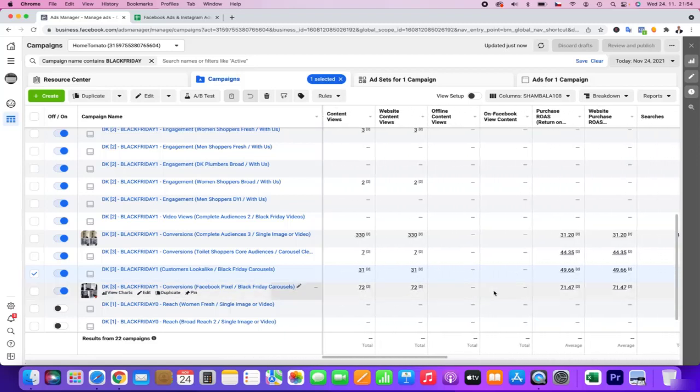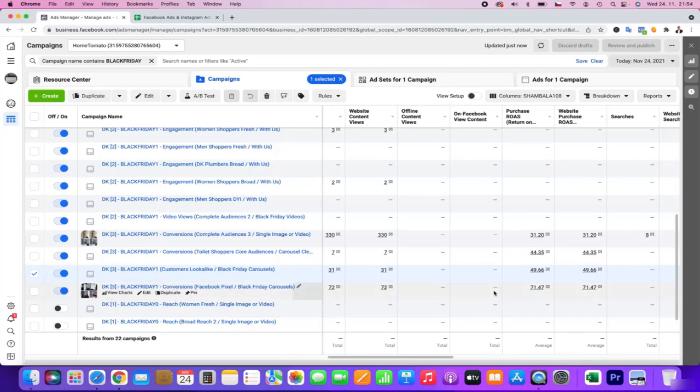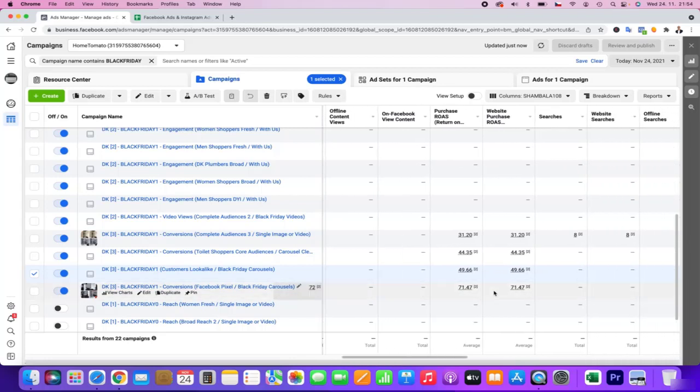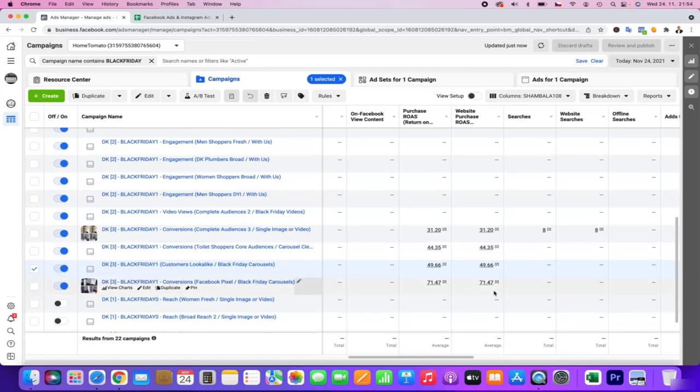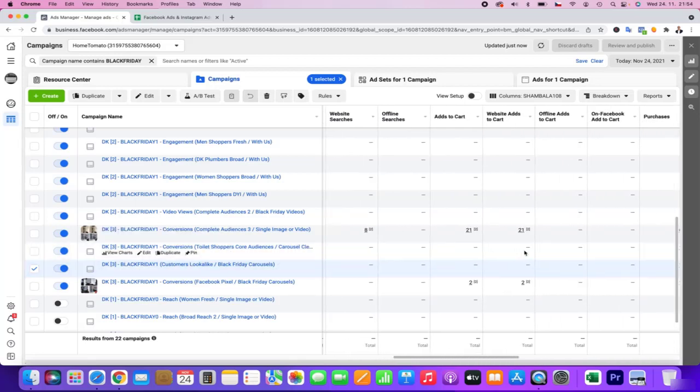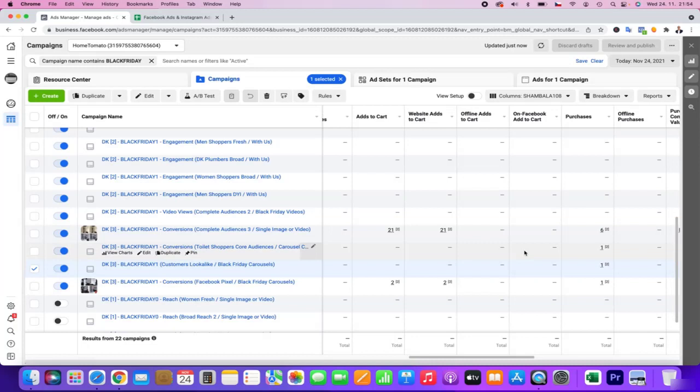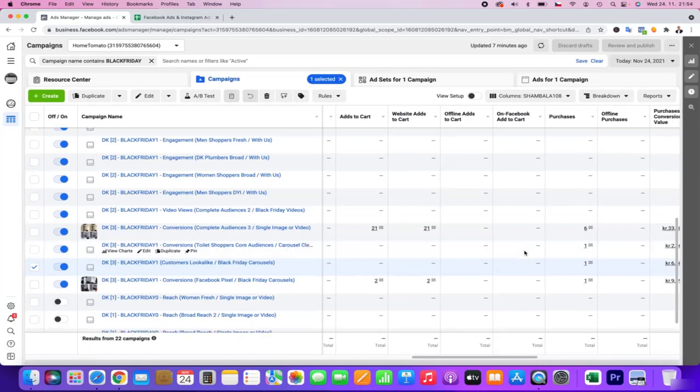There is a lot of content view, and the return on investment is extremely high. As you can see, all the conversion ads, even these shoppers did purchase today, and I'm really grateful. It's incredible.